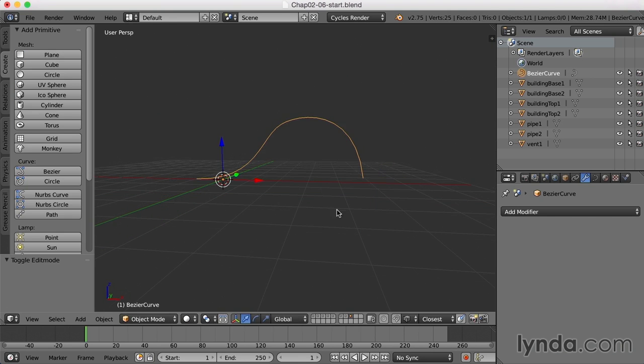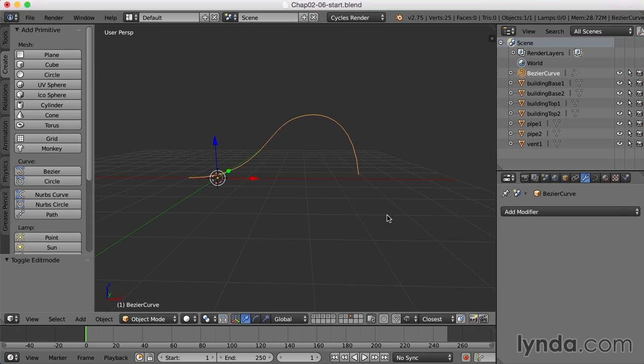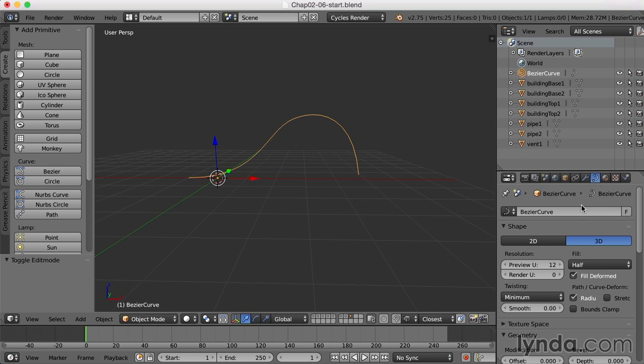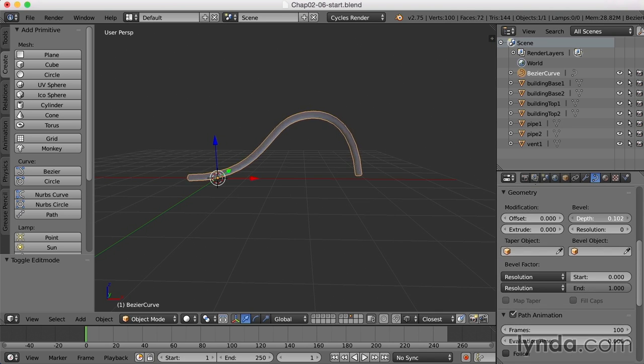So if I go back to object mode, we can see I've got this curve with one bend here and another here. So this part I'm thinking will go onto the building, and it will kind of bend up and then point down to the ground. I might move this one up just a little bit more, something like that. So now in object mode, I can come back over here to this curves panel, change the fill from half to full, increase the depth, increase the resolution,